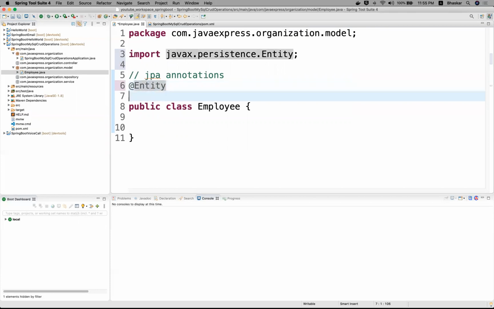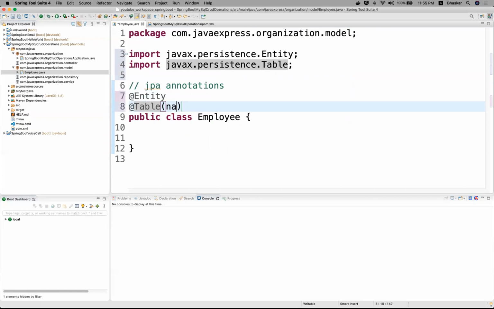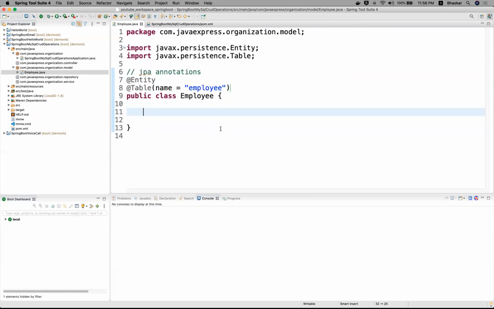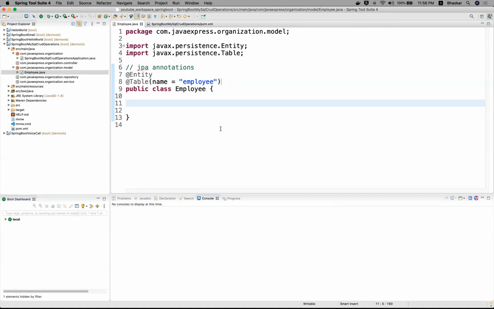Now if you want a specific table name, try to see here, Table. I want to create a database table in the backend as employee. Whenever you execute this project, it will dynamically create the employee table. For each table you have some names. Now I'm taking a few names.